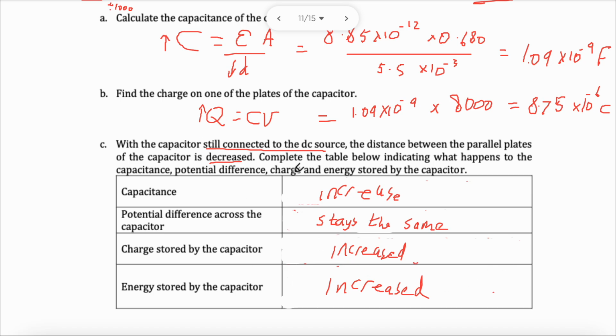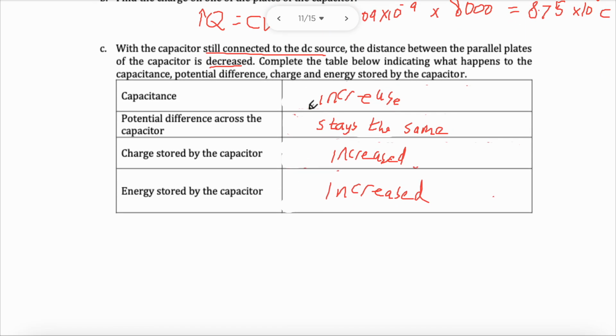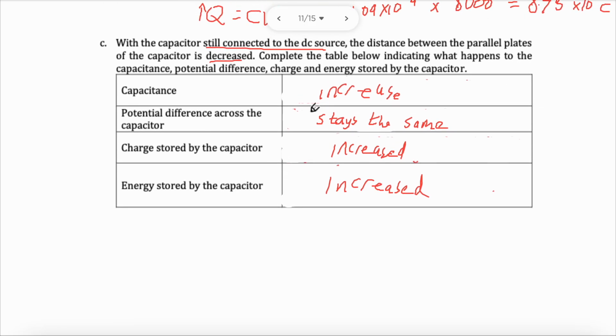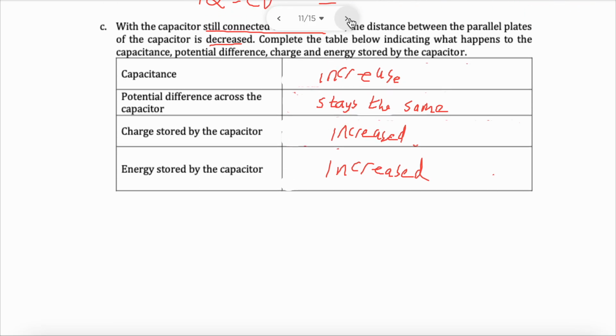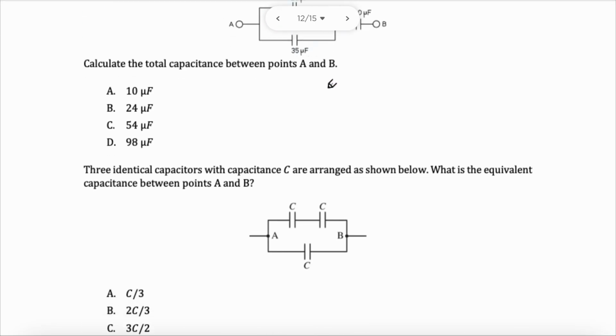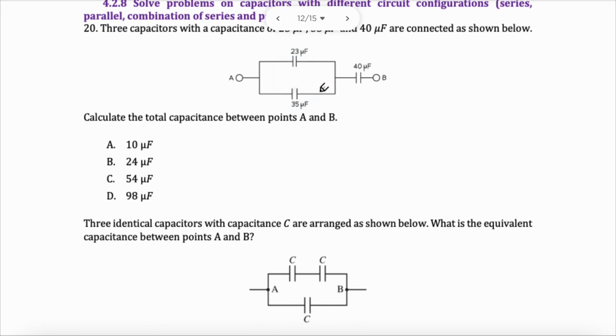There we go. So that's what happens if it's still connected to the source. If it's disconnected from the source, the voltage will change and other things will change. I can maybe do that in another video for you if you would like more detail. We can try that. Okay, so what I'm going to do is quickly try and finish off these 3 questions